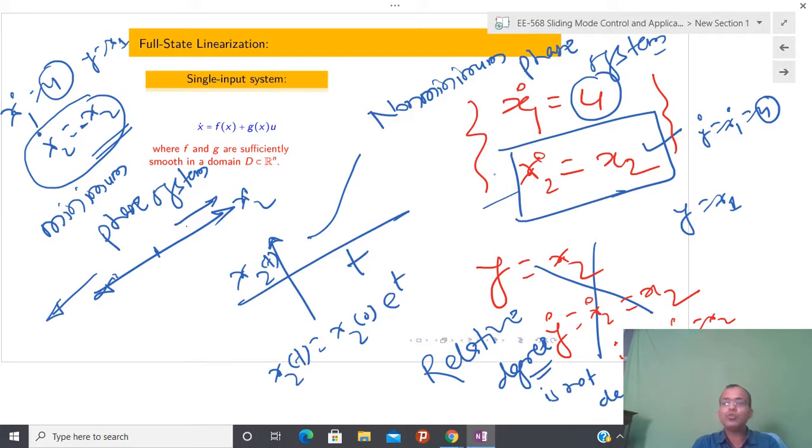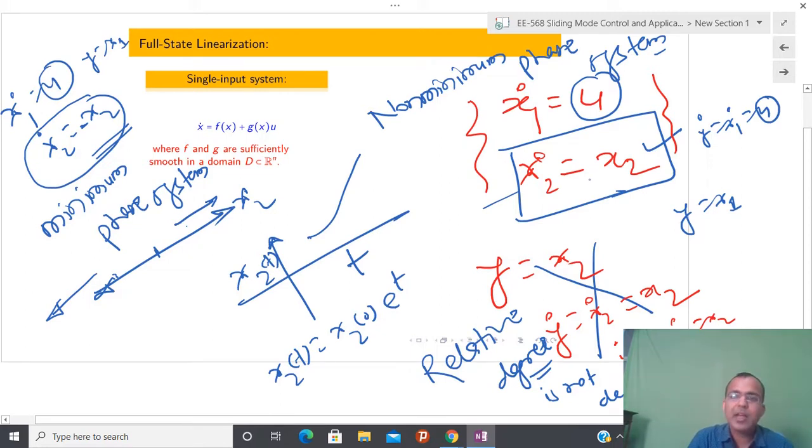And those who are working on power electronics, please try to see this, particularly for converters. I do not remember which particular class of converters satisfies this non-minimum phase property. At that time, we have to worry about how to control the non-minimum phase system. Sometimes it is not possible. Why? Because in this particular example, there is no way to influence x2. There is no connection at all, and due to that I have to add some extra subsystem if we have a non-minimum phase system. That is one way.